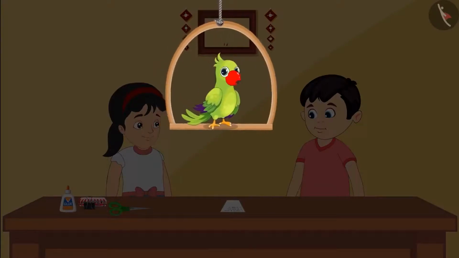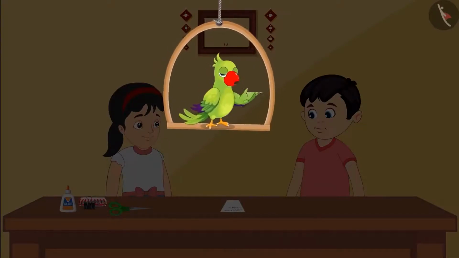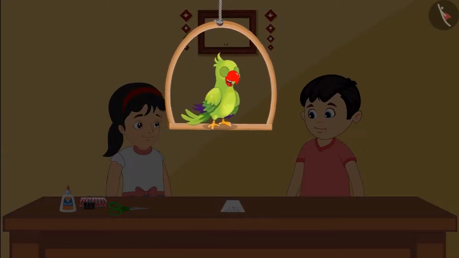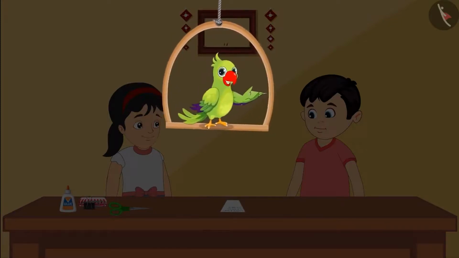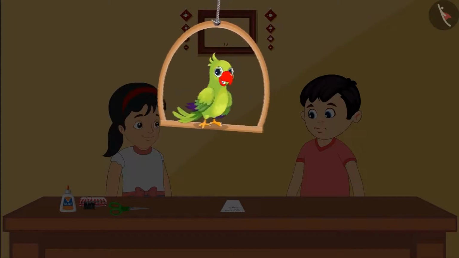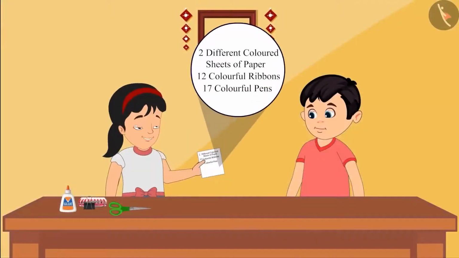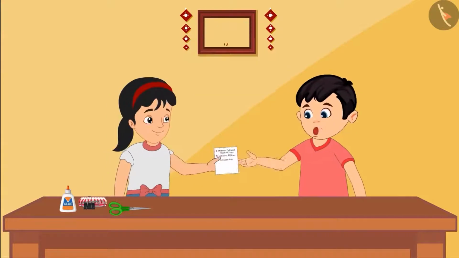Today is Pinky and Chotu's parents' wedding anniversary. And that's why Pinky and Chotu decide to make a card for their parents. Pinky needs some objects to make the card and she makes a list of these objects. Chotu, we need all of these objects to make a card. Can you go quickly and get all these objects from the nearby shop, please? Meanwhile, I will start making the card. Okay, Pinky, I will go and get them.